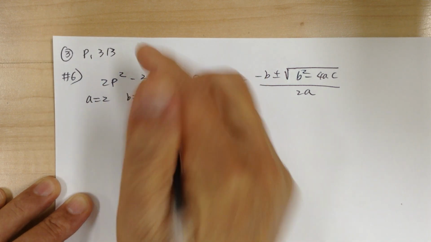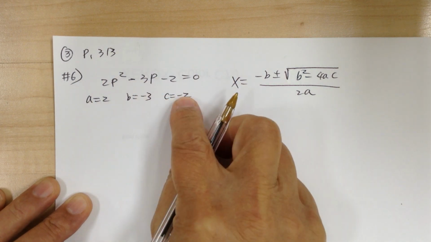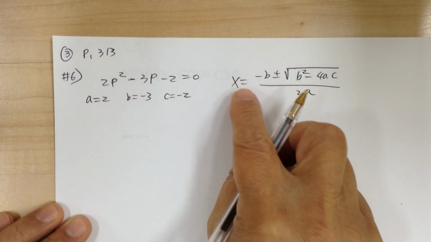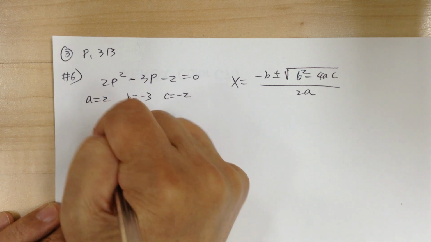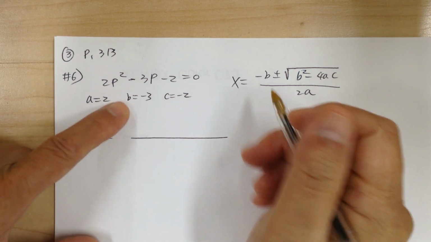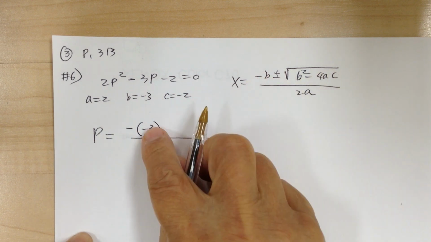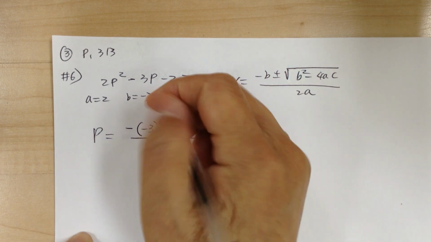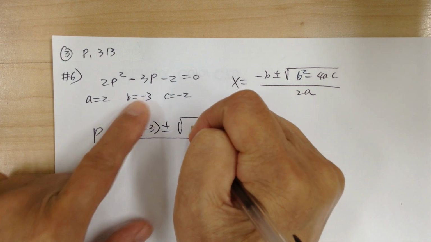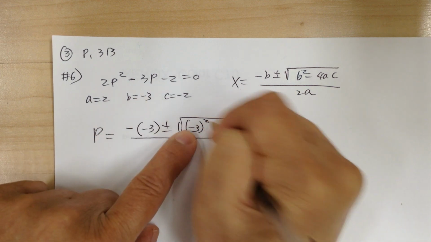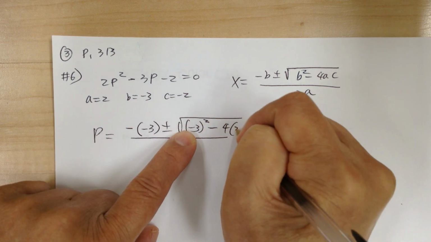Again, that's your a, b, c, and watch out for the negative. The negative is part of that, right? In this case, instead of using x, they have a p, so just be flexible with your variable. So it'd be negative b plus or minus square root of b squared. Whatever you substitute, put in parentheses, minus 4ac